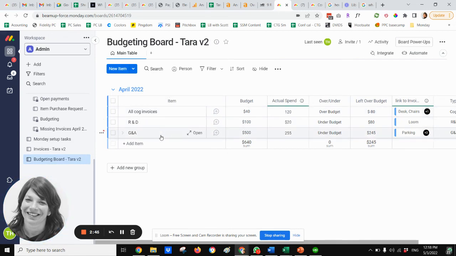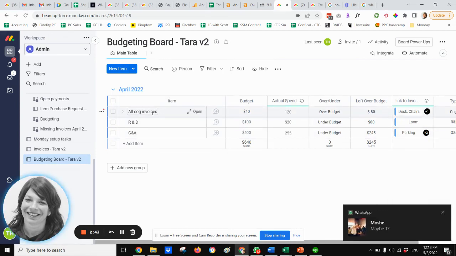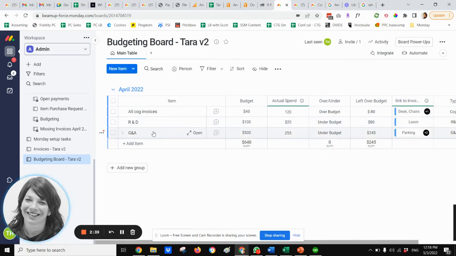And here on the budgeting board, you'll see that we have all COG invoices, R&D, G&A, and these are totals of everything. So what you can see on this board is I set up the budget. Here's my overall budget that I want to spend, and here's my actual spend. Now, this actual spend is a total of all of the invoices that is pulled in from the other board. It also tells me, this is another formula column that tells me if I'm under budget or over budget, and tells me how much money I have left over, which is kind of nice if you just want to know